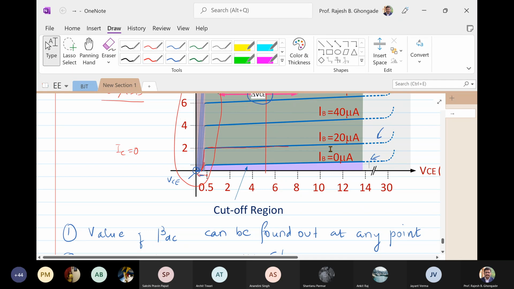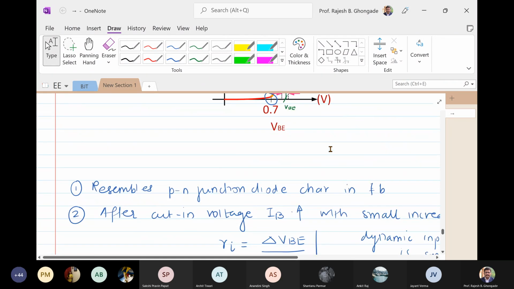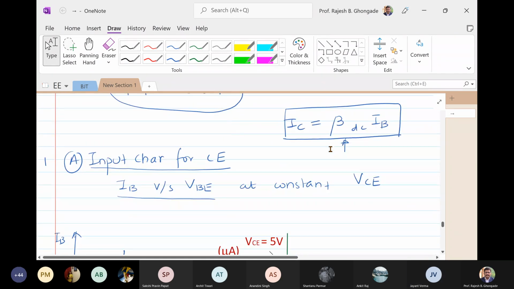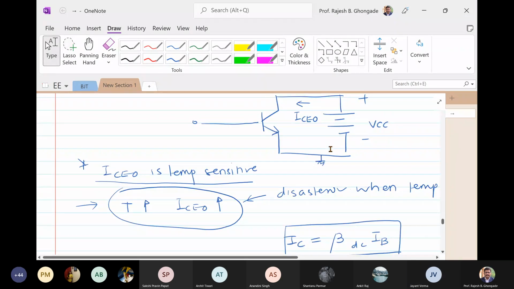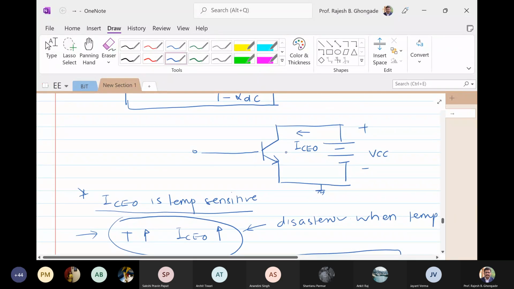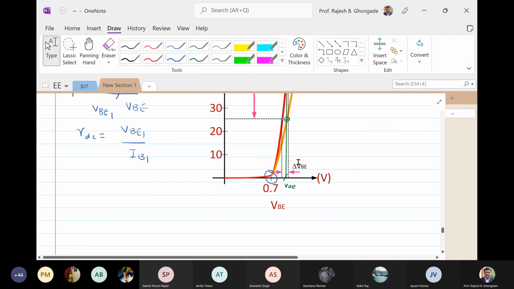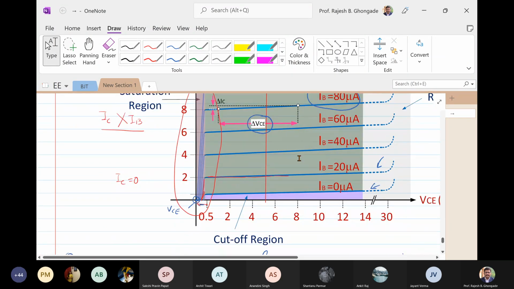If base current is 0, what will be the value of IC? We already know from this equation. So 0. नहीं, 0 नहीं होगा। 0 कैसे होगा? ये होगा ना, ये होगा ना। Yes sir. तो ये ICEO है, ये वैल्यू ICEO ही है।